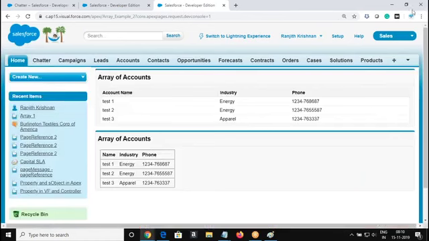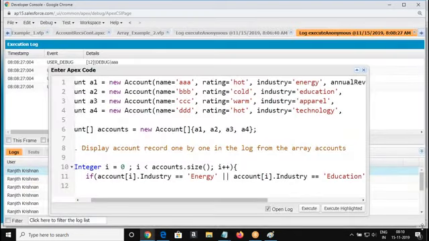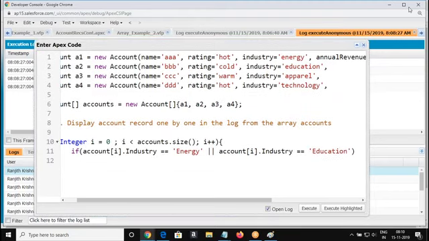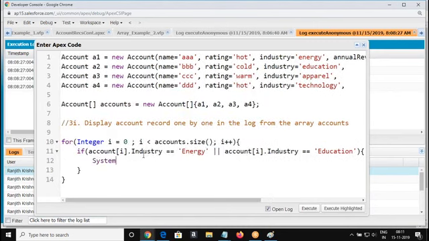Is this fine now? Yes, sir. So if the industry is education, then display the name, accounts dot name.